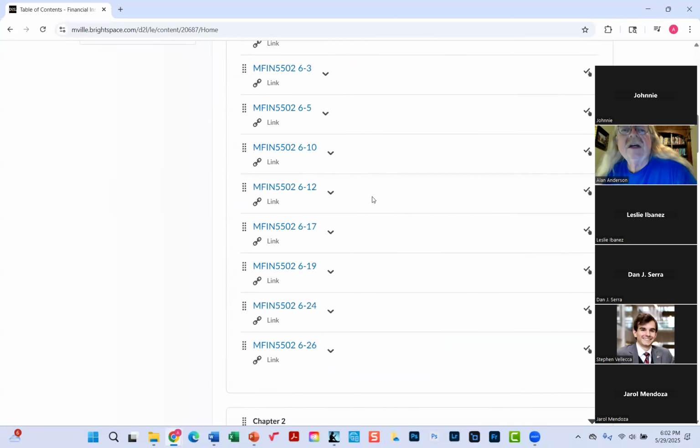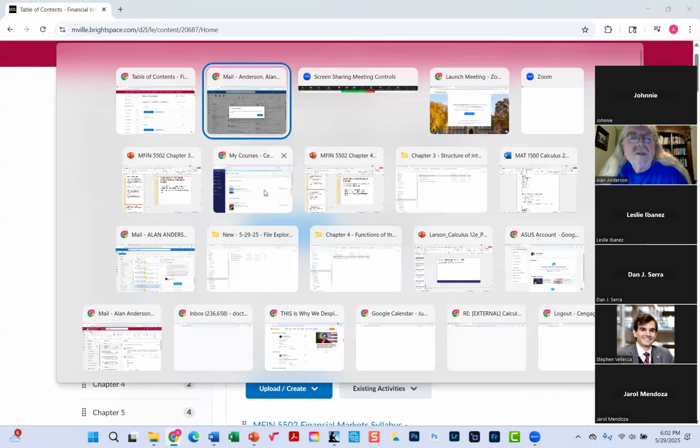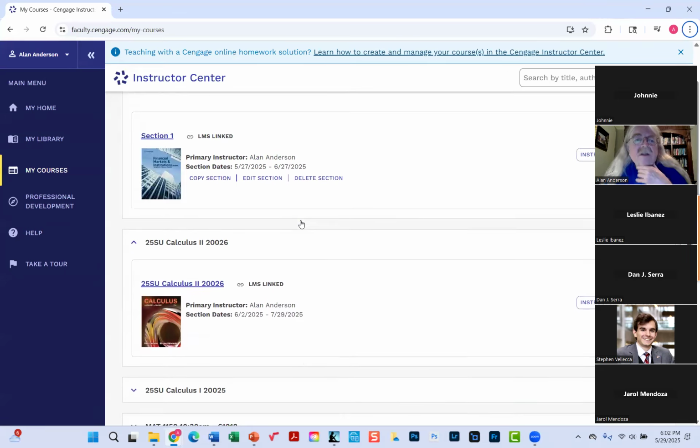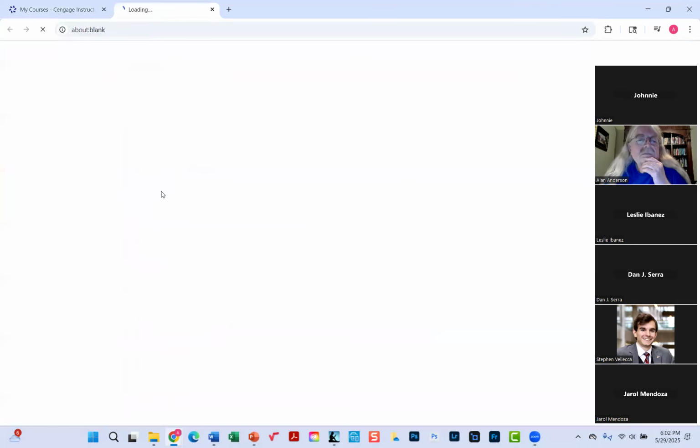And so now, as far as the MindTap goes, first of all, what is MindTap? It's a system. Let me actually show you what it looks like before we talk about setting it up. In my MindTap account, I've got, as you can see, multiple courses going on here. The one that we'll be using is, of course, MFIN5502 Financial Markets. It's the only one section, so it's called Section 1. Now, once you have it set up, this is what you're going to see. You click it on,